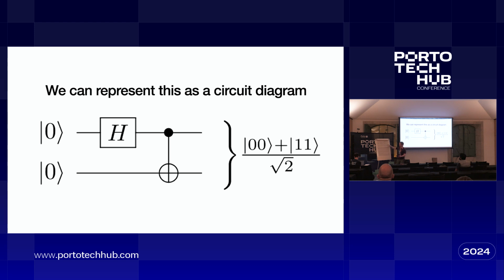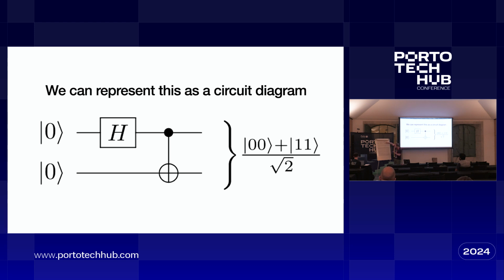Now, what the control not does: if the state here was still 0, then it would do nothing. If the state were 1, then it would flip this guy, act on it with an X. It would reverse the qubit. The second one started out in 0, okay? Now, if I hit 0 with not, what do I get? 1, okay? If I hit 0 with identity, what do I get? 0, okay?